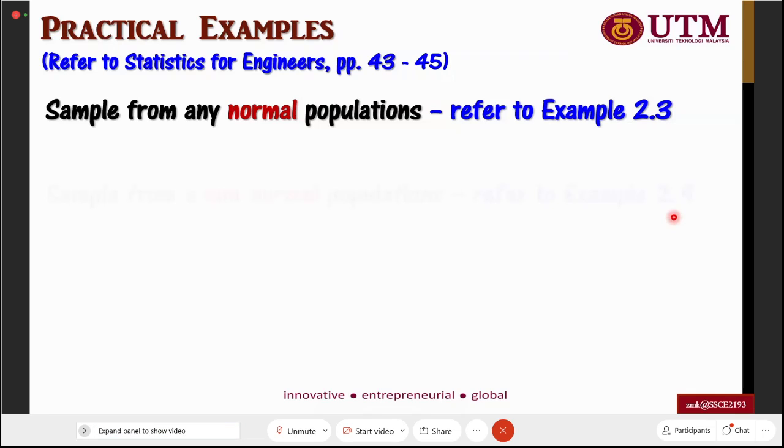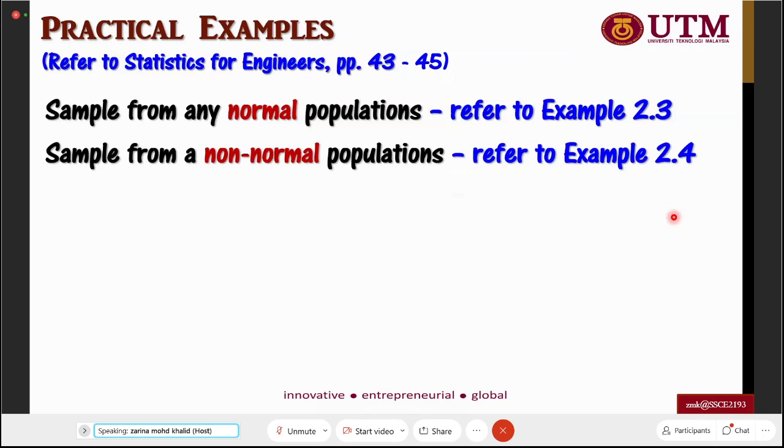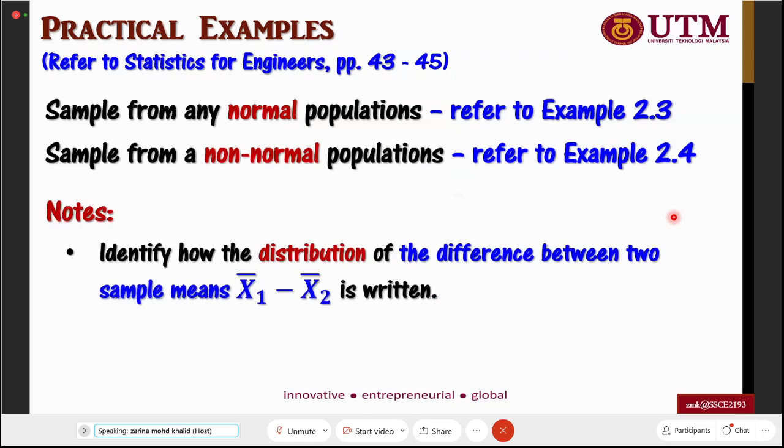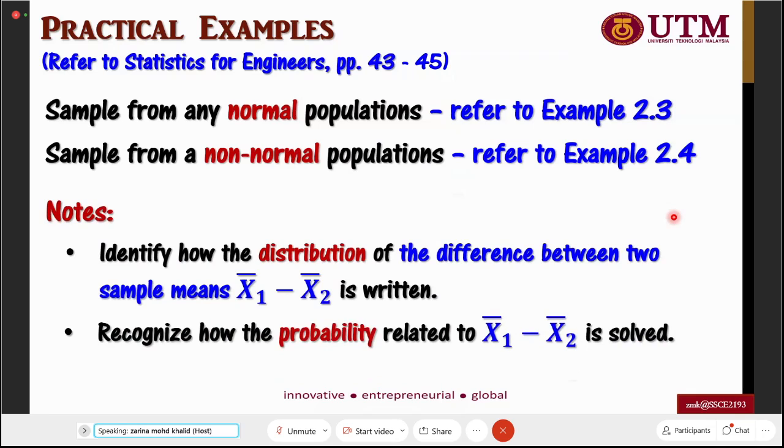Whereas example 2.4 is an example where you sample from non-normal populations. So what I want you to do is to identify how the distribution of the difference between two sample means is written, and recognize how the probability related to x bar 1 minus x bar 2 is solved